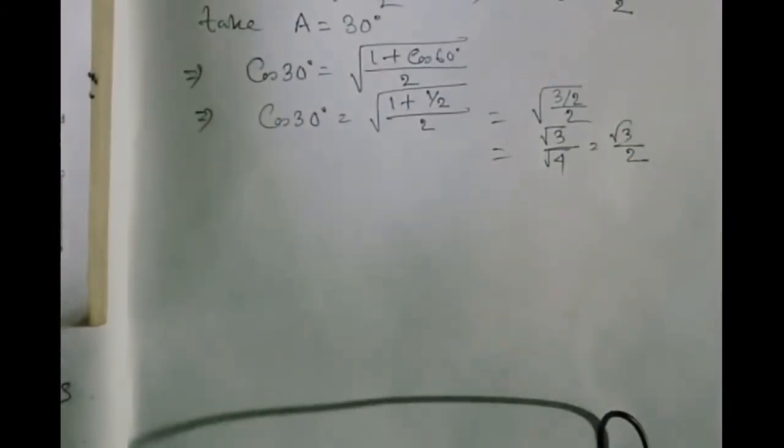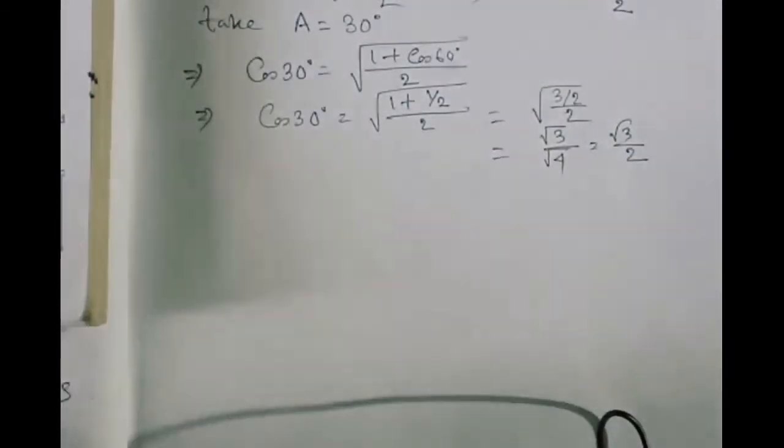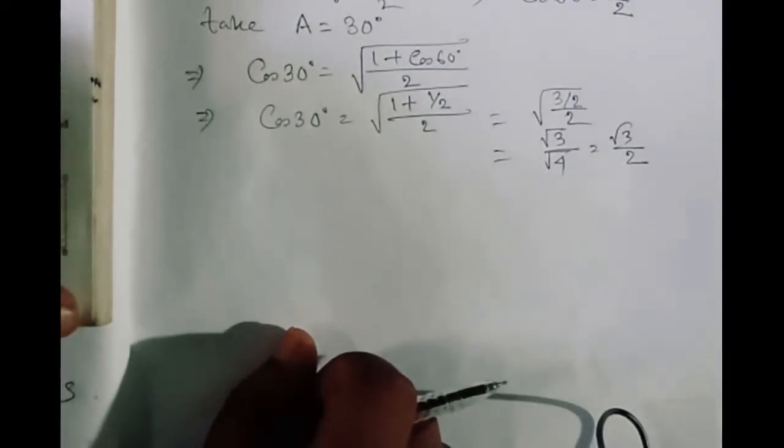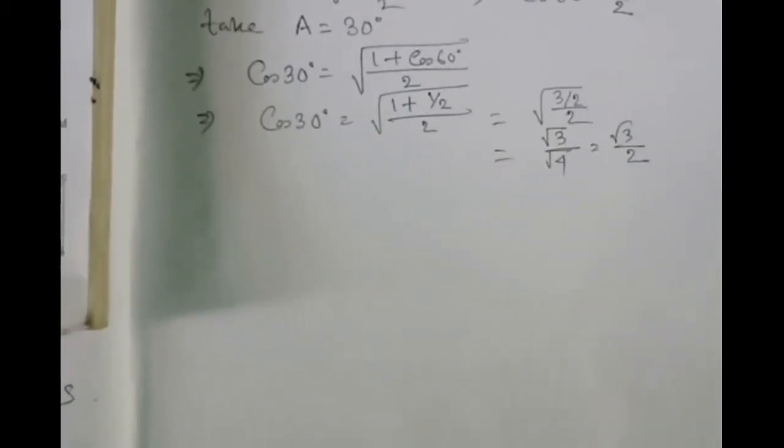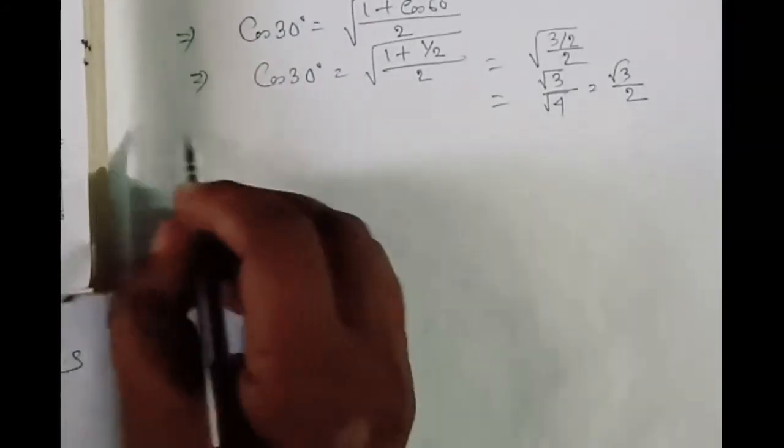Similarly, question number 15 is similar. Next, come to question number 16. Now, what is given in question number 16? Using the formula tan 2A is equal to 2 tan A by 1 minus tan square A, find the value of tan 60 degrees. It is also given tan 30 degrees. So, that is also an easy question.